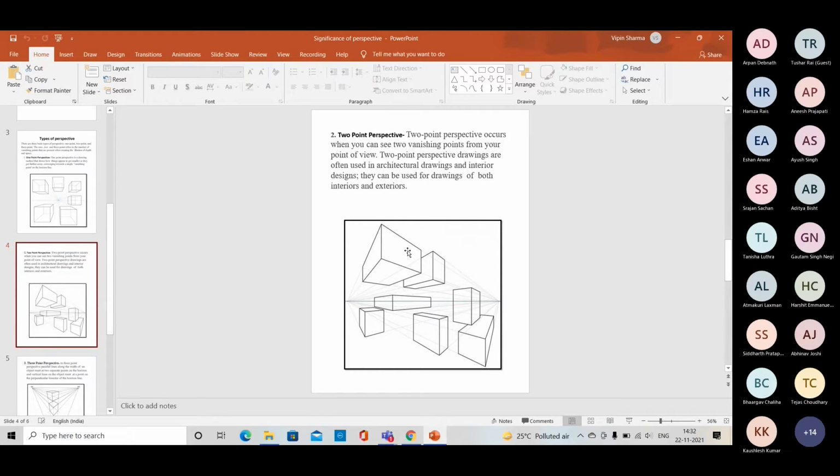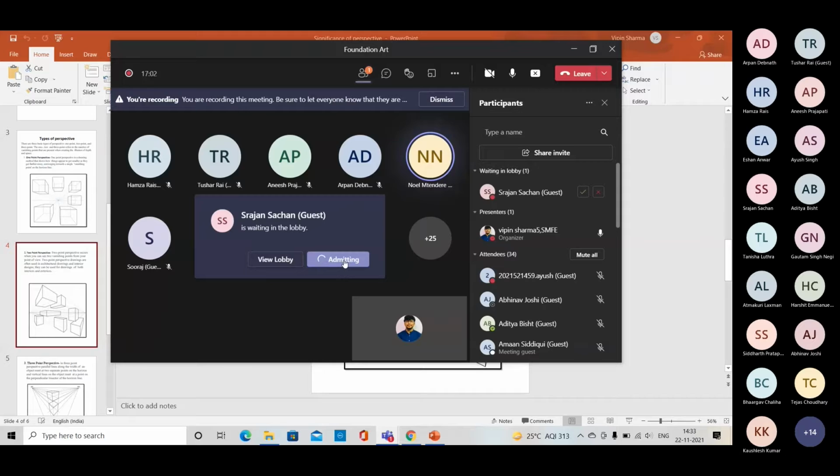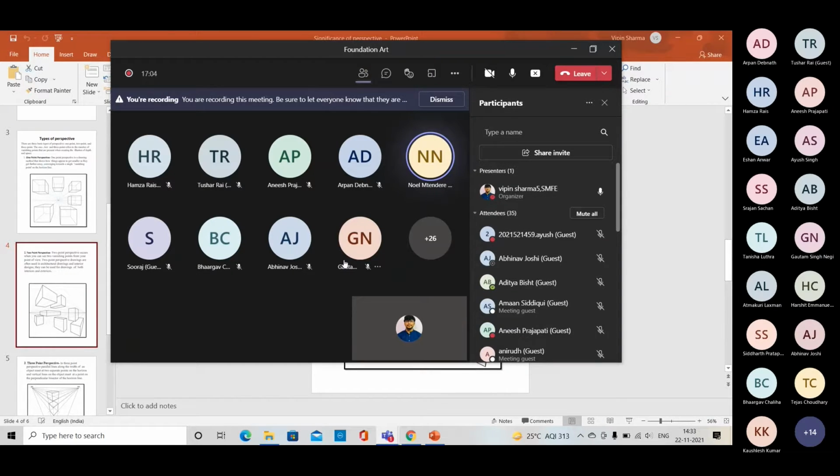So if we draw a background in 2-point perspective, then we switch to 1-point perspective when we're drawing the human. A human being is a different thing, right? When we work with a human figure and the background, the background could be in 2 point perspective and the human figure in 1 point, or maybe not sometimes, because it is just like a cylindrical shape. Sometimes if I want to draw a background in 2-point perspective, but I also want to put people in the same background, and I already drew the background in 2-point, what should I do then? In a human body, there would sometimes be no perspective in it.